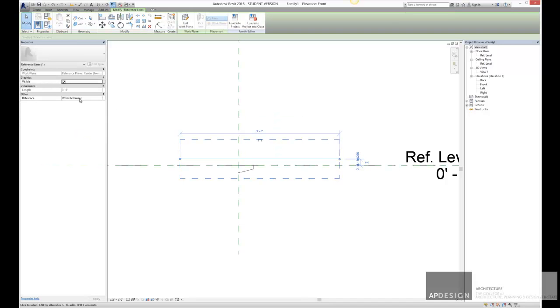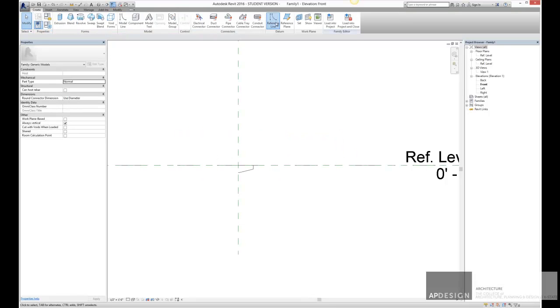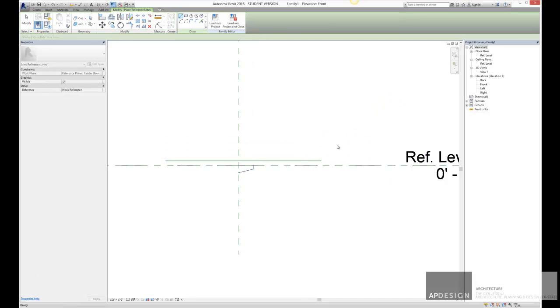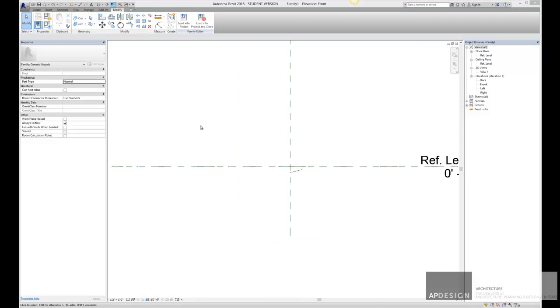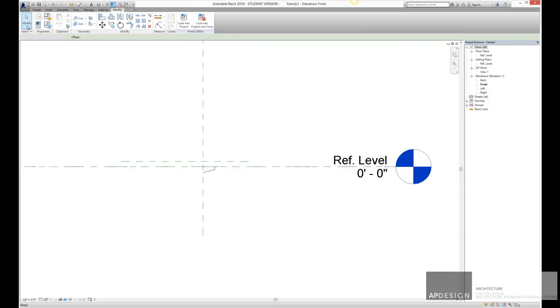Alright, so there we're going to try that again. Alright, so click on that, and I want you to click on this and type in front glass. So I want you to create a reference plane just parallel to the other reference plane. And we're going to call